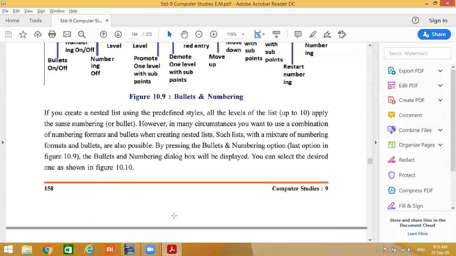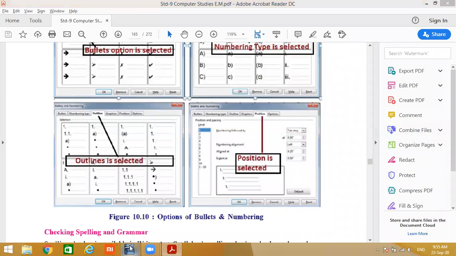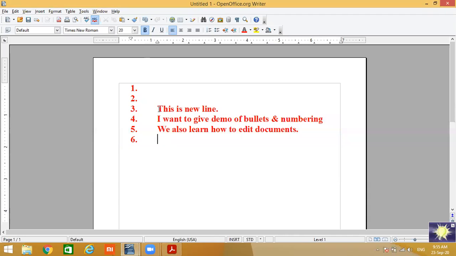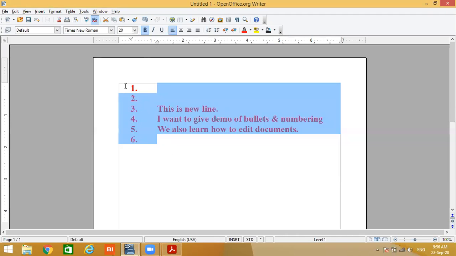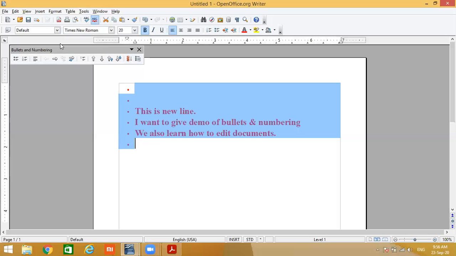So how can we give bullets and numbers? There are different types of bullets. When we select it, Control A, number on off, bullet on off. Which bullet do you want to give?